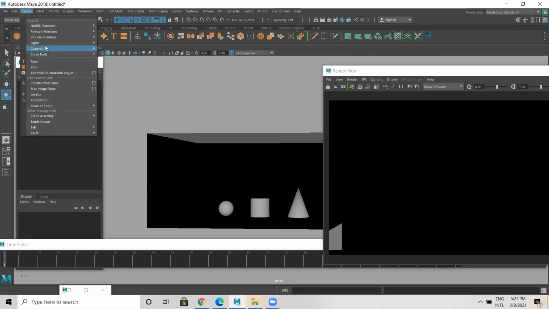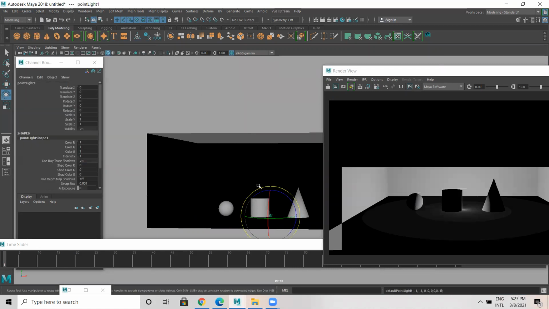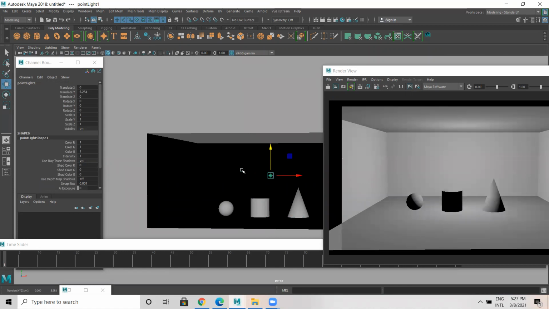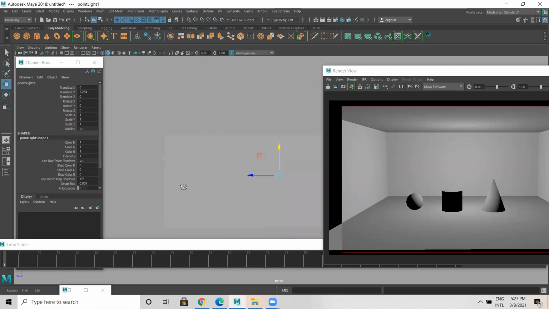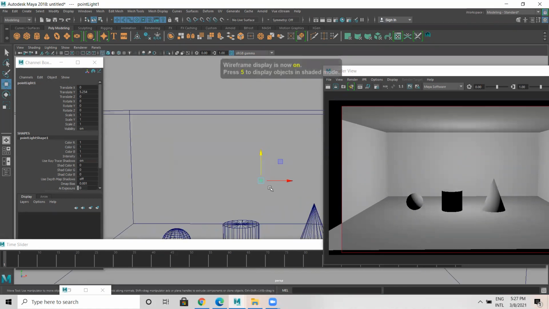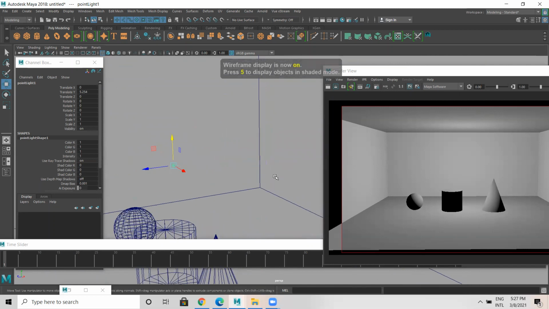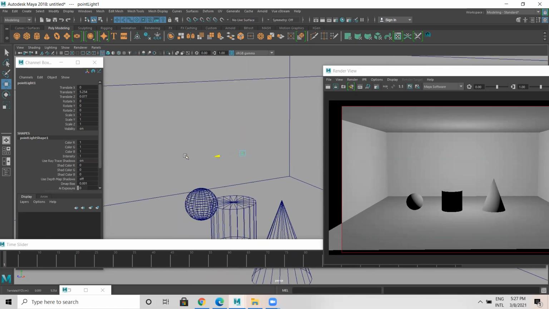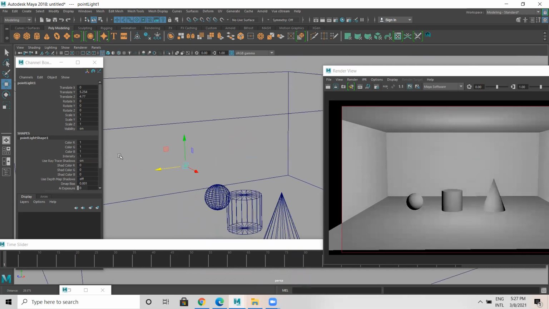Now I'll create another light called point light. Normally, point light emits light in 360 degrees, and this acts as a normal bulb. For example, if you place a bulb, the light will reach all angles. That's how it is. But this works for translate. When I move this to the front, it's like when you turn on a bulb and move it. You get the output like that.